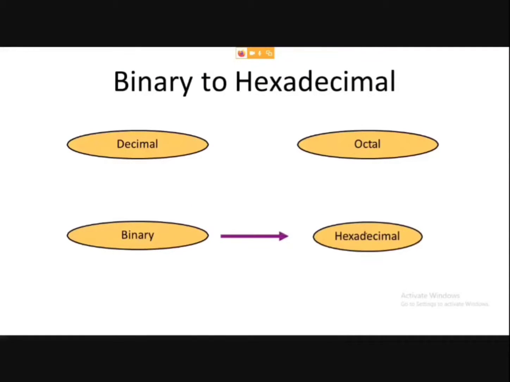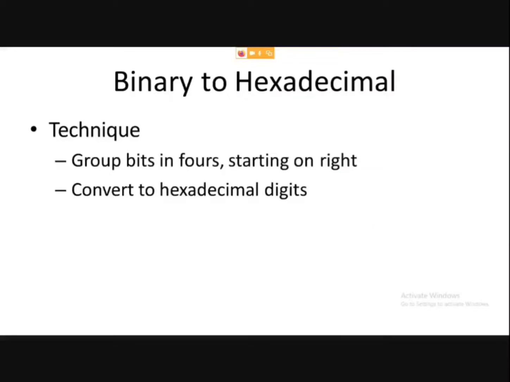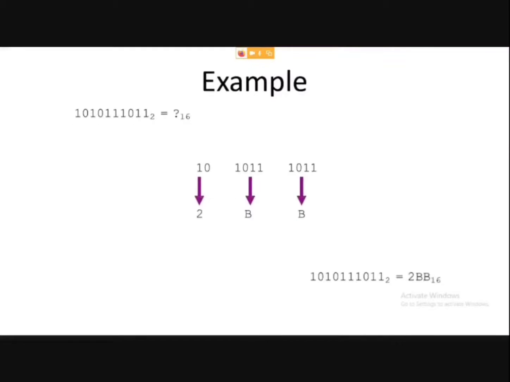So now for binary to hexadecimal, we can group 4 bits and replace each 4-bit group by the hexadecimal digit. Okay, so let's check this. If I'm provided with this number and we want to convert it into hexadecimal, we can see here that there are 2 deficient bits, so I can place 2 zeros here.